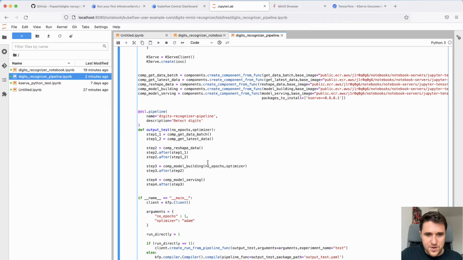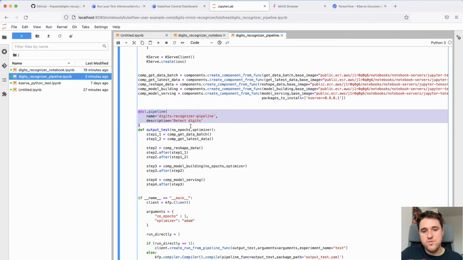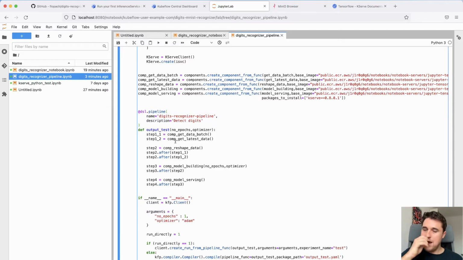But that's not all. One thing that is important there is that there is as well basically a definition of where you need to run or define the whole pipeline. Like now we define the components, but how can you define what component should come after what? Like how does the step look like? And how does the pipeline look like? Which component should run first, which one second, which one in parallel, and so on. And this is here,